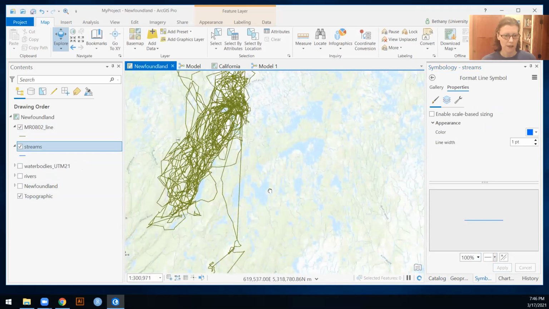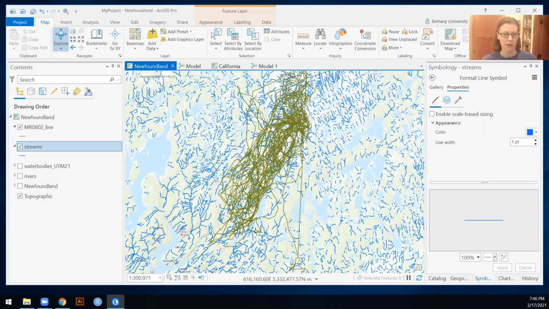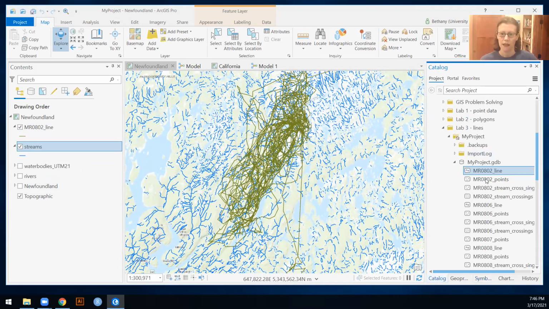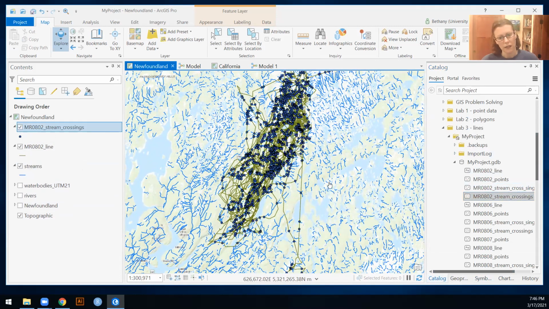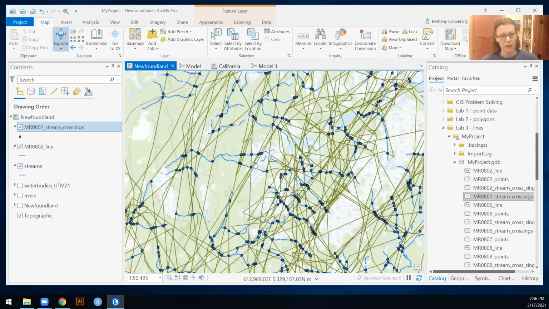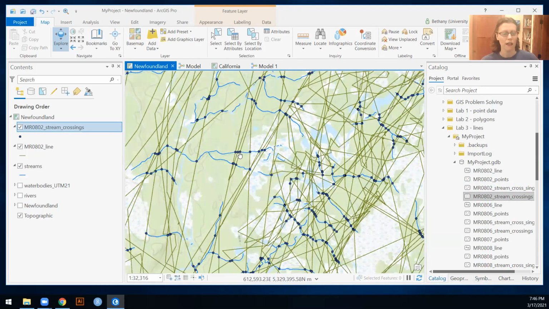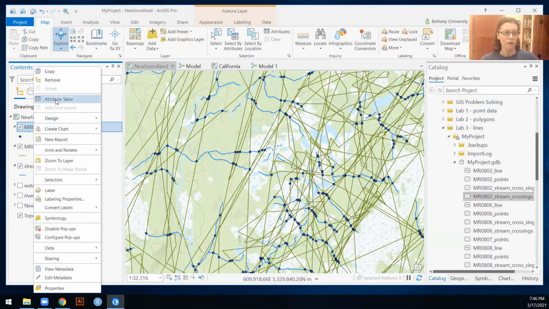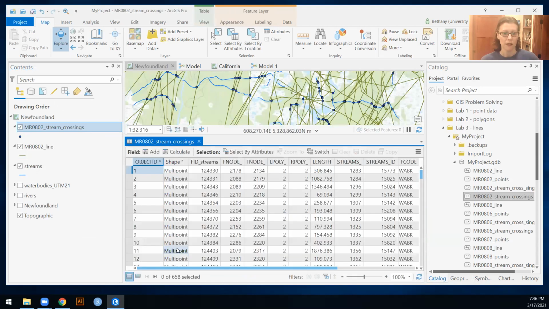And I'm going to zoom in so it doesn't have to draw so many streams. So there's a bunch of streams, a bunch of lines, and here are our stream crossings associated with those. So hopefully anytime we zoom into any of these, we will see that it's a location where our bear track crossed one of these streams. And hopefully also when we open the attribute table, we will find that,